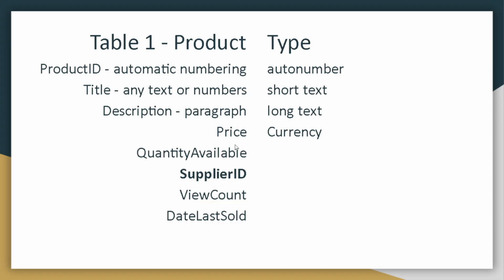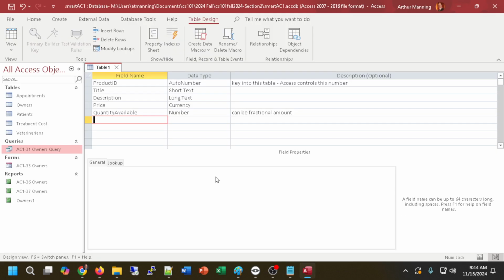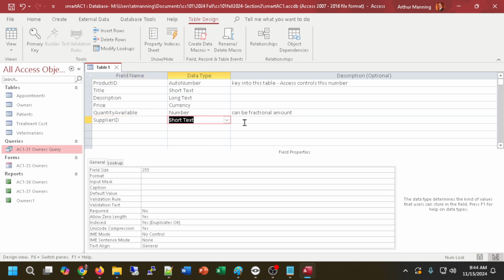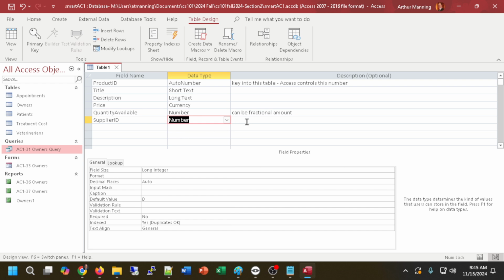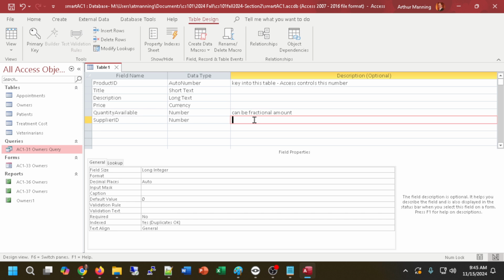Now the next field, what do we have? Supplier ID. Ooh, this is an important one. I'm spelling it the same way as it's going to be spelled in the supplier table. And because it's going to be a reference into the supplier table, and it's going to be auto numbered there, I better make sure it's a number here, or I can't establish that relationship. So I'm going to put a comment here: reference or link or relation related to supplier table